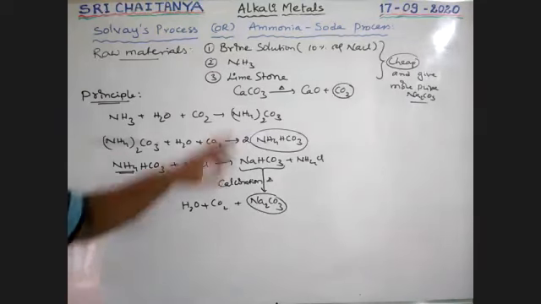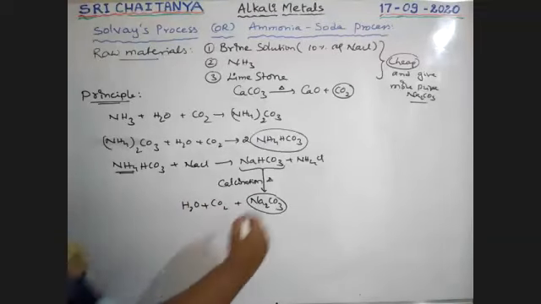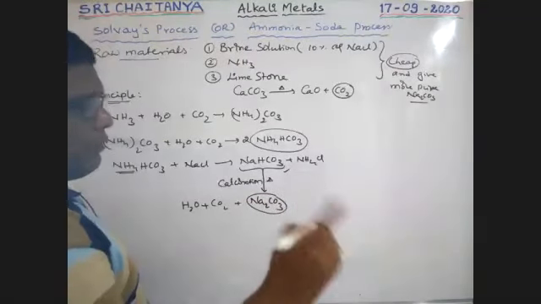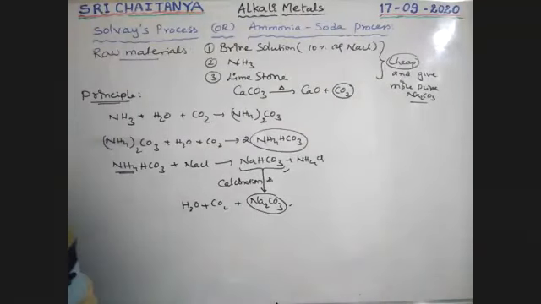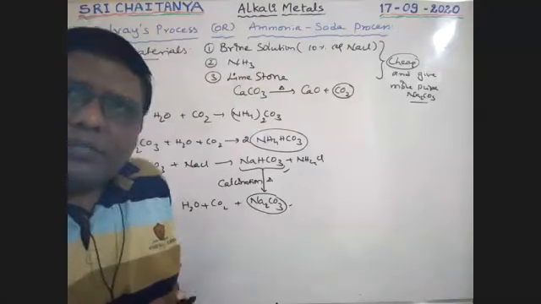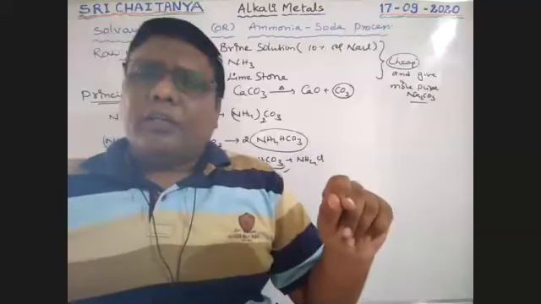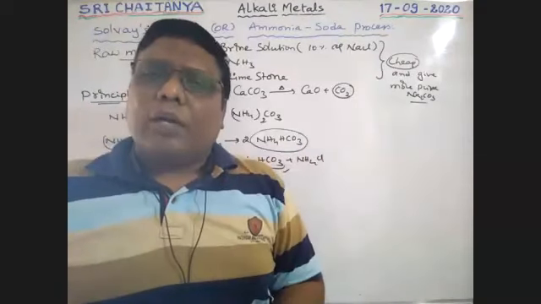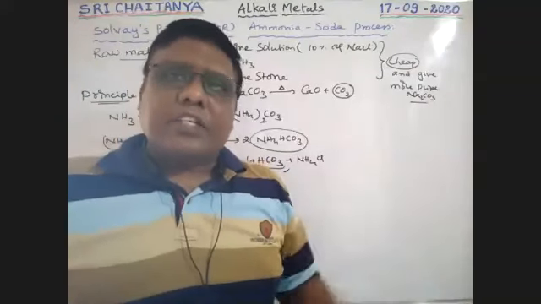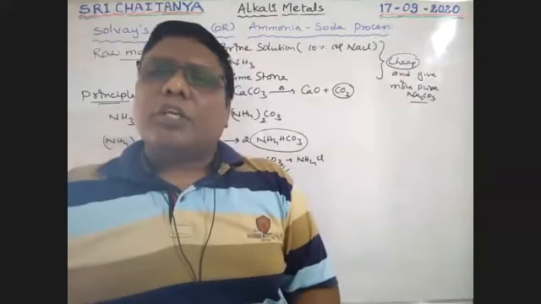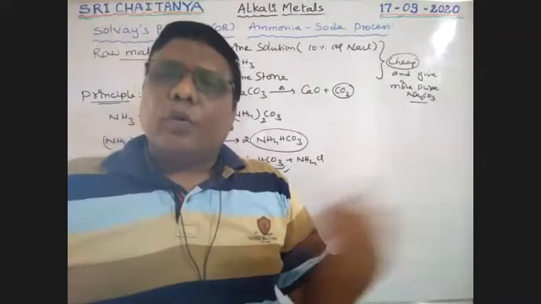So with the help of these chemicals and these reactions, first of all sodium bicarbonate, which is insoluble in water, separates out. That precipitate is heated strongly and gives sodium carbonate. But this brine solution is nothing but NaCl. The commonly available impurities in sodium chloride are magnesium chloride and calcium chloride. Those may interfere in this reaction, so some side reactions are also possible. Those reactions are utilized to remove those impurities.